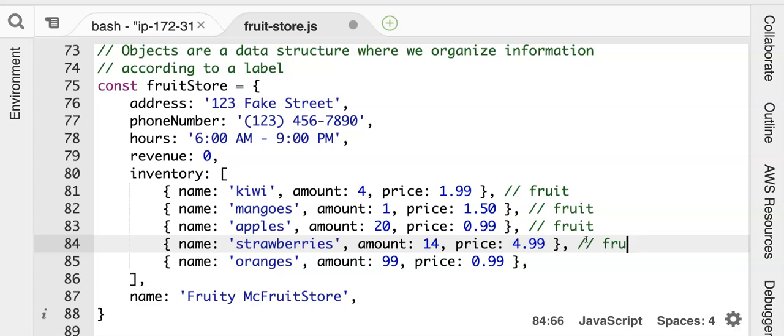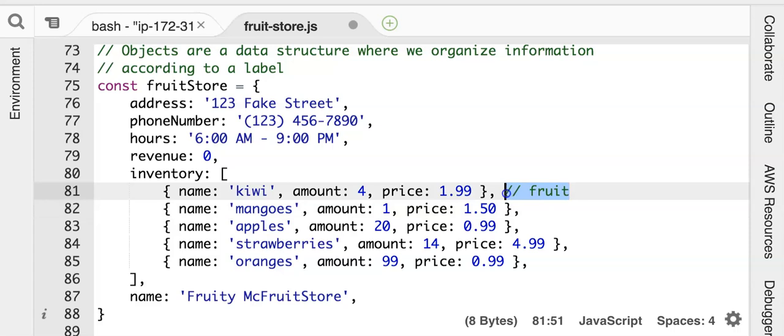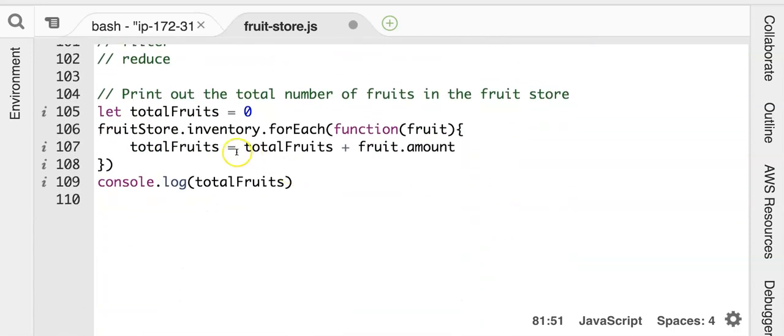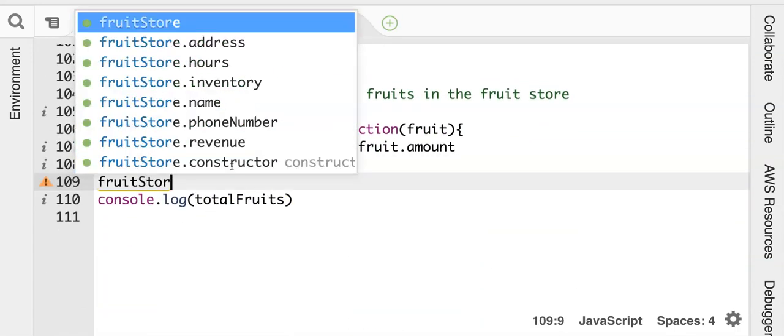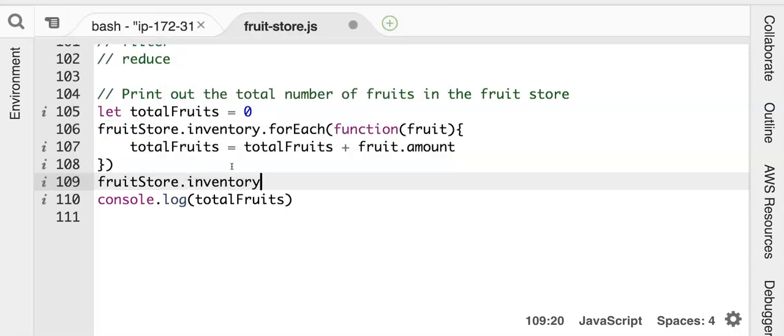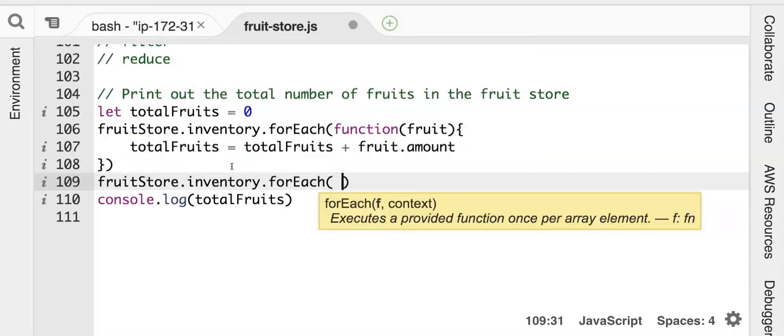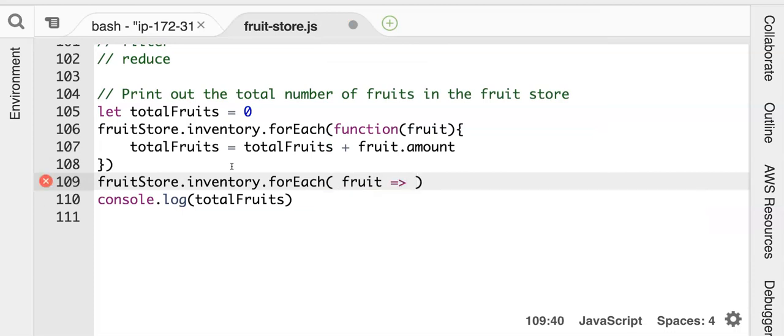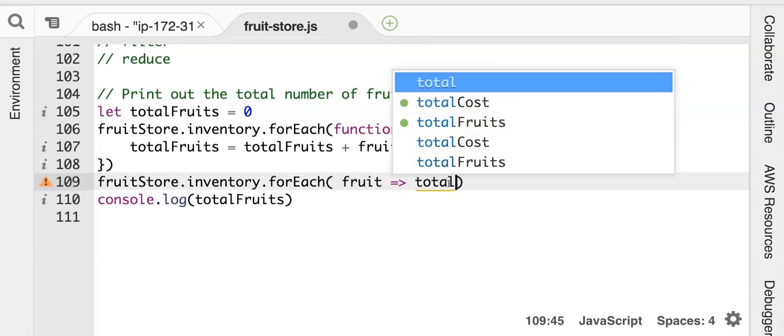And so this is something you'll see used all the time. There's actually an even shorter way of writing this that you'll see a lot. You'll see something like fruitStore.inventory.forEach, and then people will just write the variable name right there and use this fat arrow. That is another way of writing a function that is shorter than writing the word function and then in parentheses fruit. So if he changed the word fruit to Jeff,